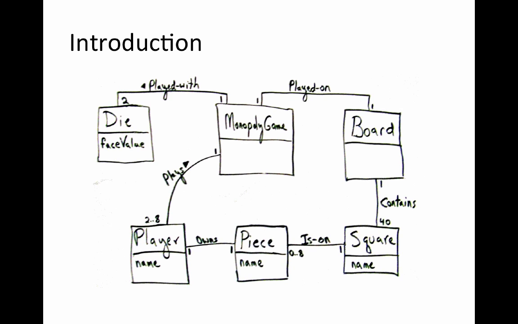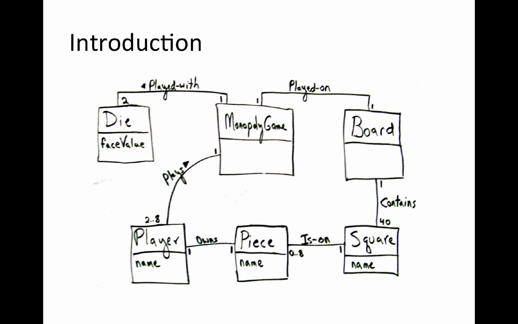And if you've already read the text before watching this lecture, this graphic should be pretty familiar to you. This is an example of a domain model, and this is basically a model of the Monopoly game. So in this context, we can basically see that